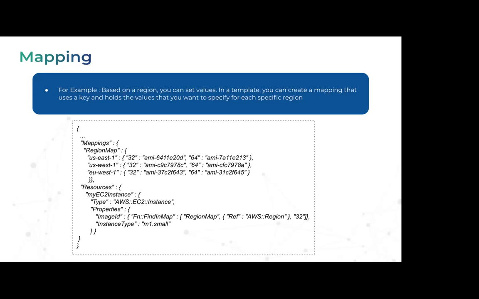Then how are you going to switch the AMIs, right? Automatically. I mean, for sure, you can take the environment variables and all, but automatically, if you want to switch it, there you can define the different maps of the regions like us-east-1, us-west-1, eu-west-1. And similarly, you can define, okay, you need 32-bit, this is an AMI set. You need 64-bit, this is an AMI set. So based on the region AWS is launching in, which is an inbuilt pseudo functionality, right, it automatically picks up what exactly you need. So this way it automatically changes internally on its own without you having to take the pain to identify which AMI you need to launch at runtime.